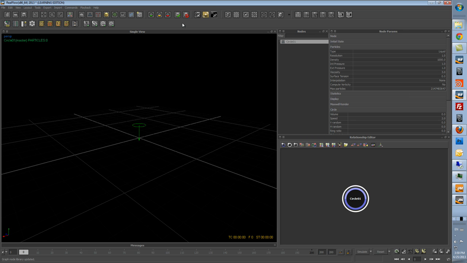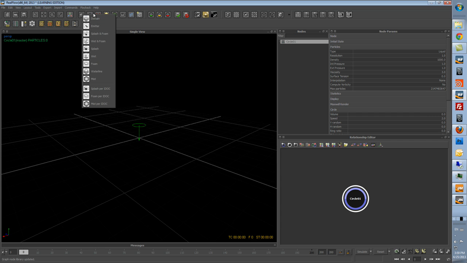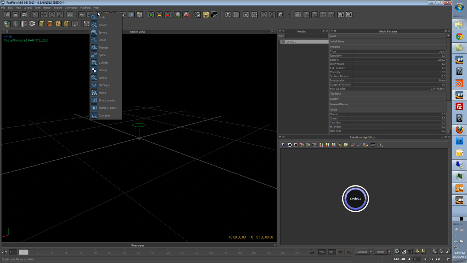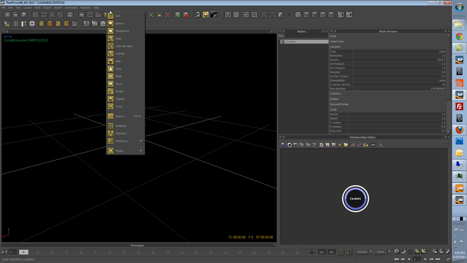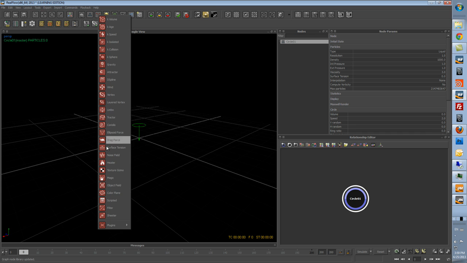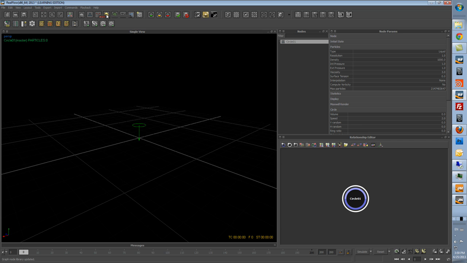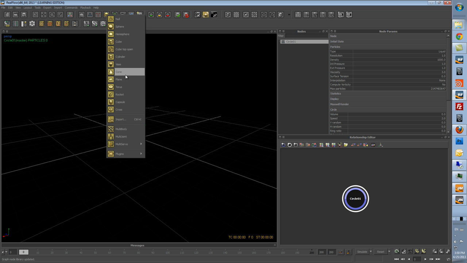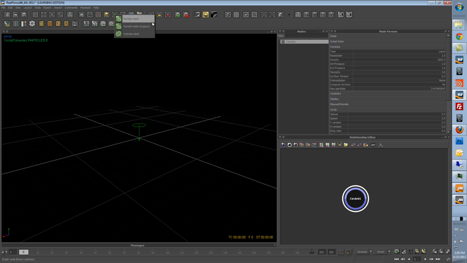We can still create them the old way, which is by accessing the shelf that we have up here. And as you may notice now, we have everything color-coded. So we have Hybrido in white, blue is for particle-based solvers, SPH. These are the forces or daemons that help us drive our simulations. Yellow is for RealFlow primitives, geometry primitives, and also for some of the dynamic things that we may be needing, like multi-joints, which are constraints to glue together the pieces. We have green for meshes. We have here the 2 meshing algorithms that we have inside RealFlow for particle-based solutions, and also the hybrid one. We have cameras, RealWave, which are the oceans, surfaces, and IDOCs,